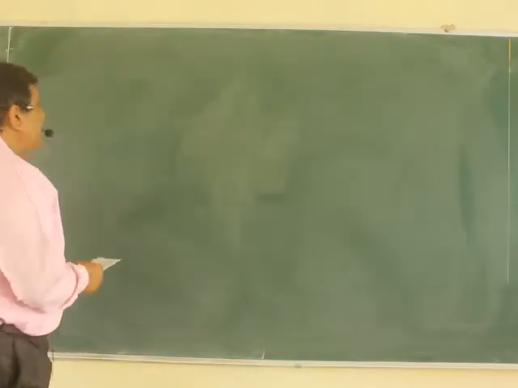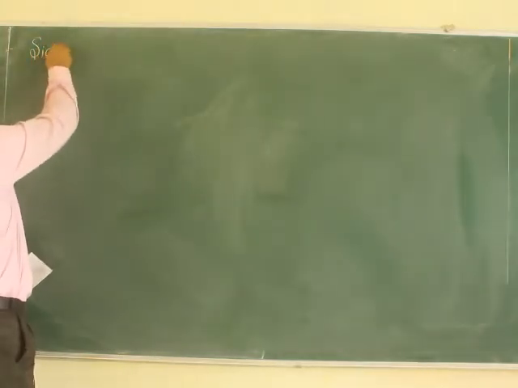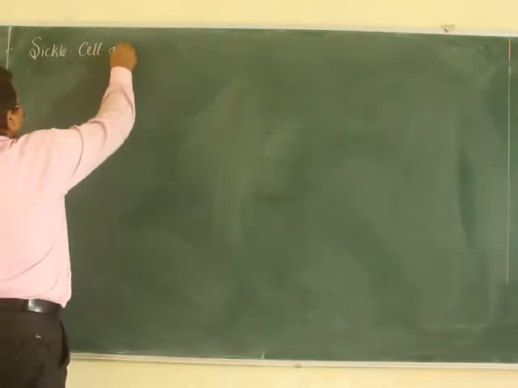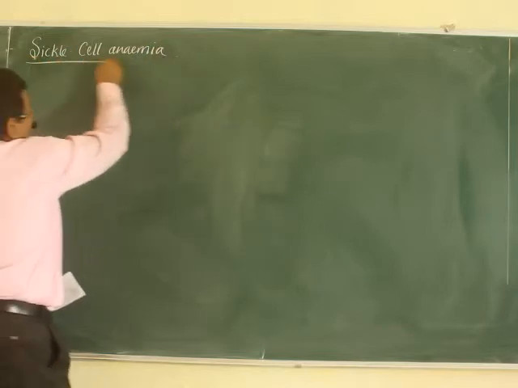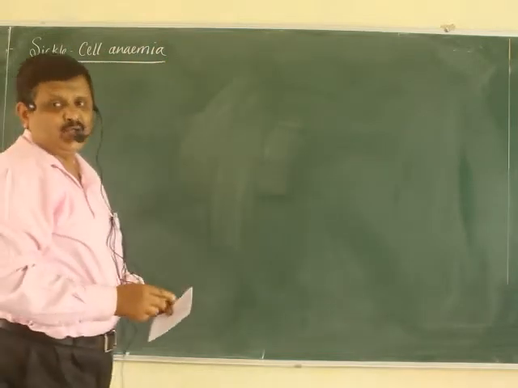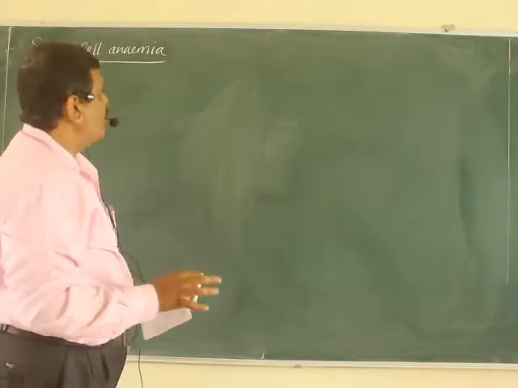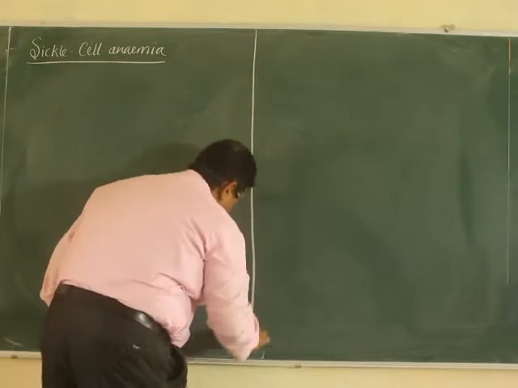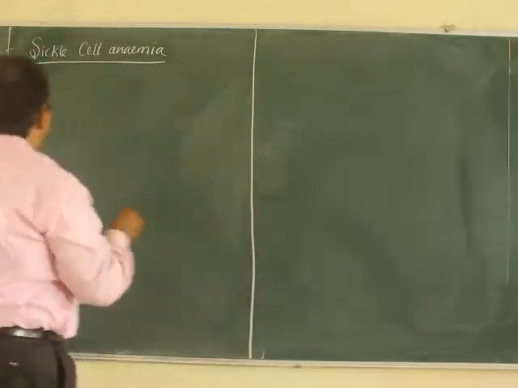So now, let us move to sickle cell anemia. Sickle cell anemia. This is an example of point mutation. This is the best example for point mutation. But you should know, what is point mutation? See, point mutation is that,